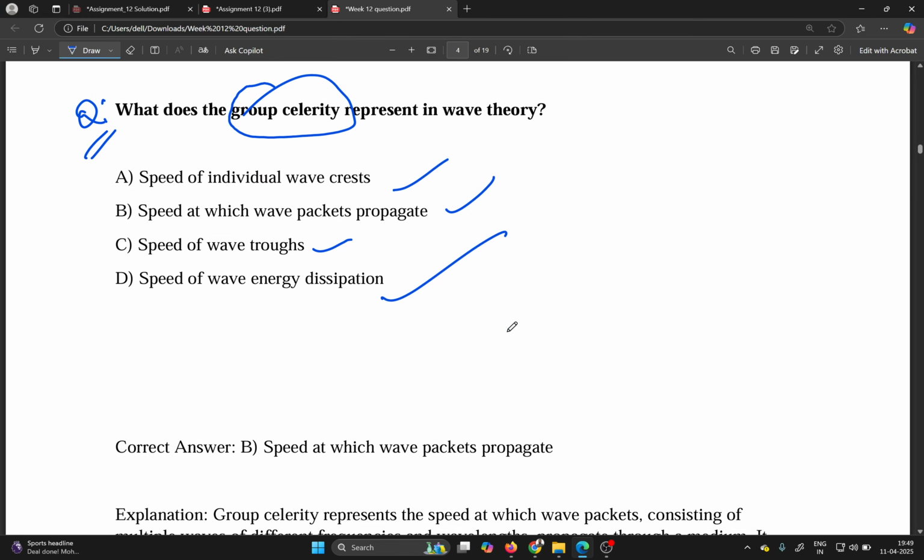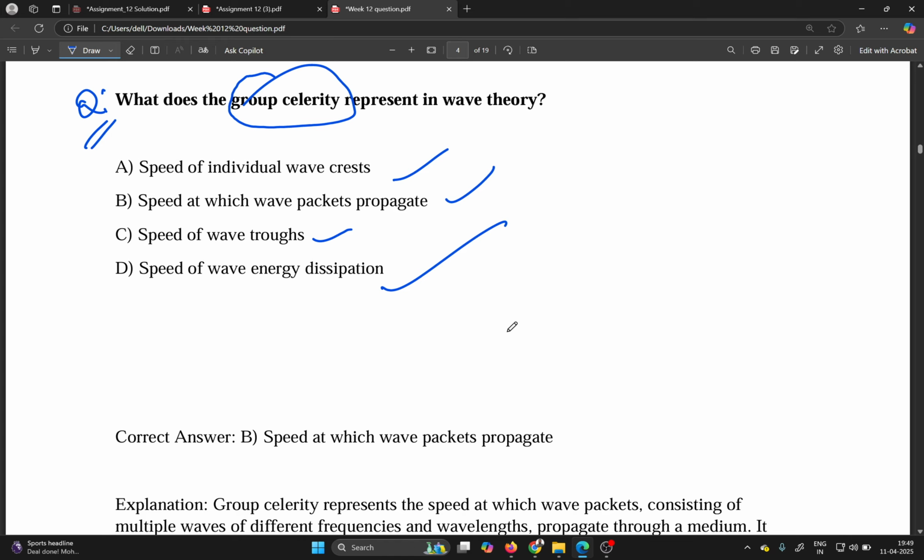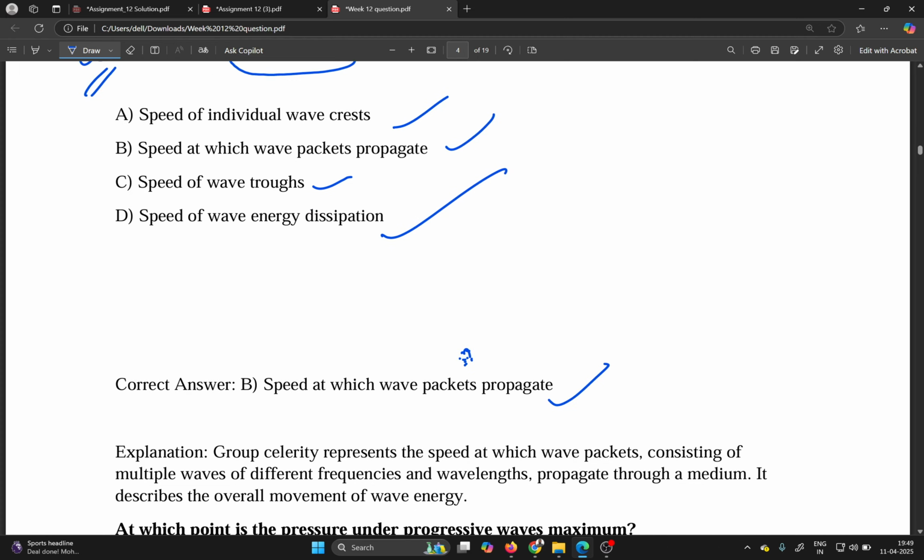So let me just show you the answer. Speed at which the wave packet propagates. Remember, please, we are talking about the group. So definitely packet means a group of particles. The group celerity represents the speed at which the wave packets consisting of multiple waves of different frequencies